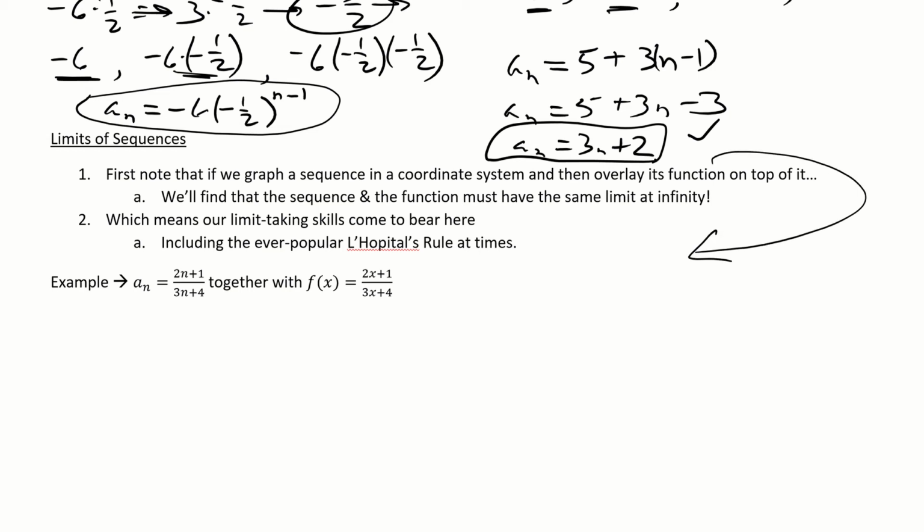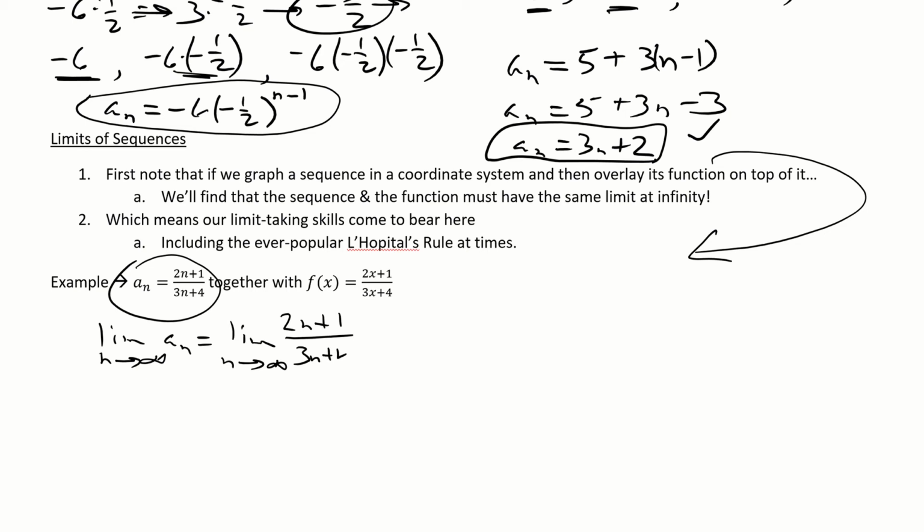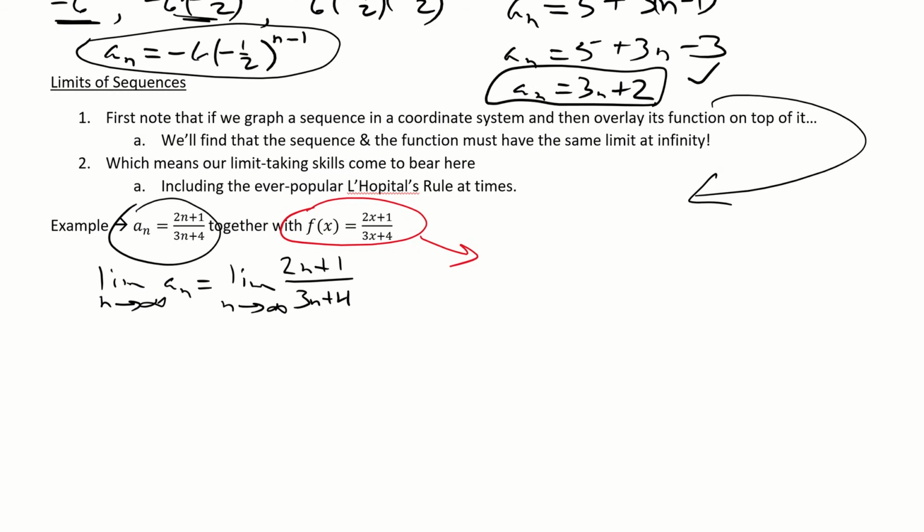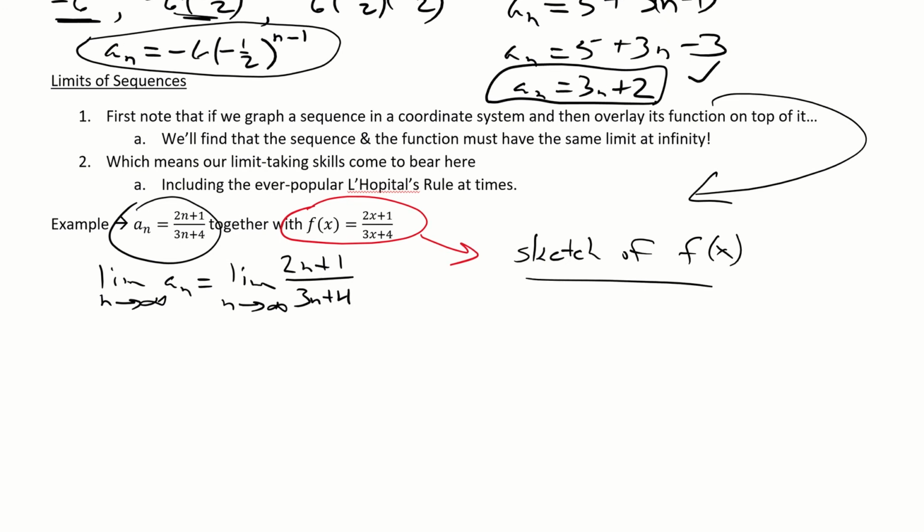Let's say you have a sequence and you're interested in the limit as n goes to infinity of a sub n. Well, that's the limit as n goes to infinity of (2n plus 1) over (3n plus 4). Look familiar? Well, we weren't doing sequences, we were doing functions. I'm going to do something elaborate that you don't have to do, but I'm going to do a quick sketch